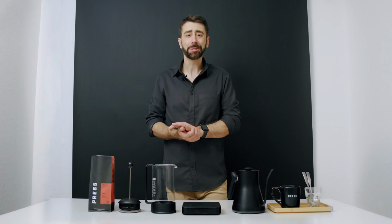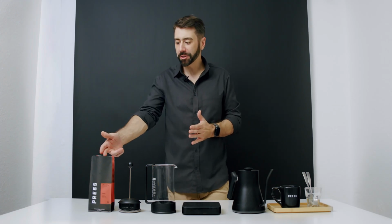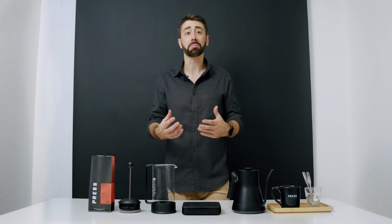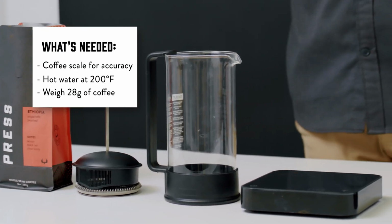Welcome in. Today I'm going to be showing you how to make a classic French press. We've got some really good coffee. This is our Ethiopian Yirgacheffe, and French press is going to give us a full immersion brew method. So any of these big fruit notes, you're going to pick those up whenever you brew, where the coffee and